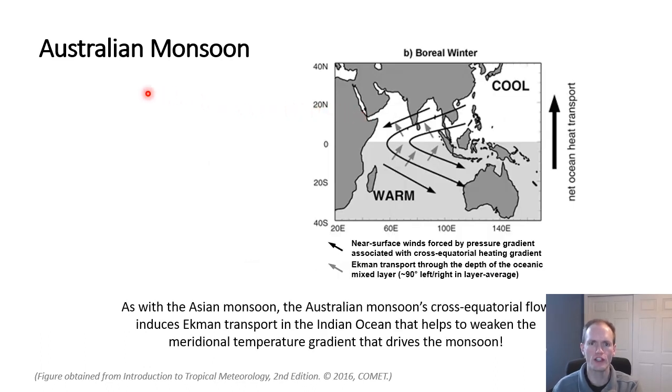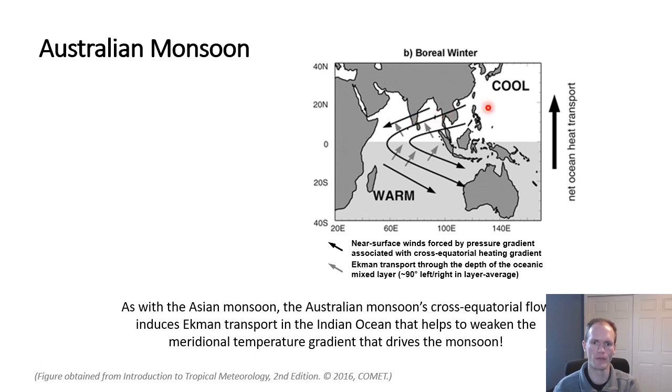So just like the Asian monsoon, the Australian monsoon is also a self-limiting feature. Not only is it self-limiting in the sense that it exports warmth from the warmer hemisphere to the colder hemisphere at upper levels and imports cooler air at low levels from the colder hemisphere. Not just is it a thermally direct circulation with adiabatic cooling on expansion with ascent and warming upon descent with adiabatic compression, it too is associated with oceanic transport from the warmer hemisphere to